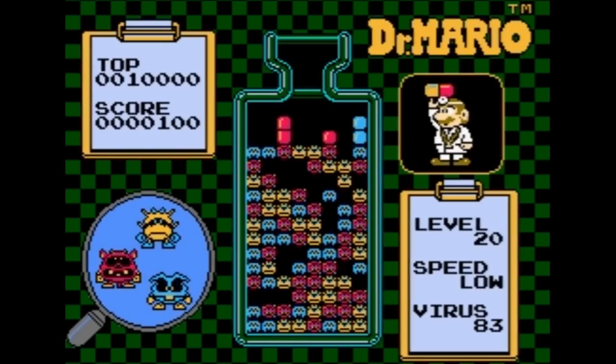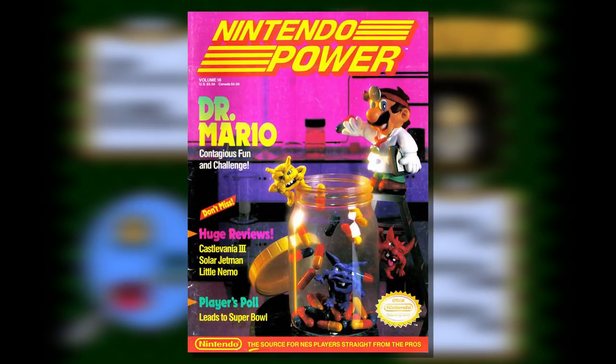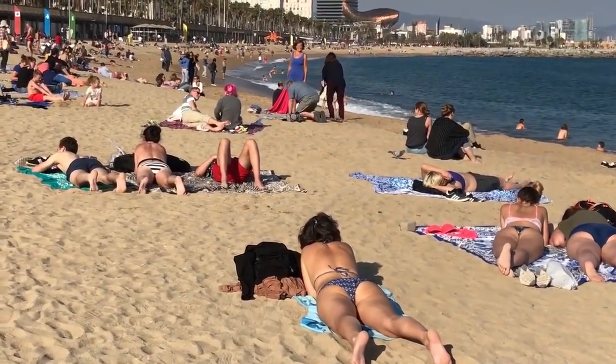After leaning heavily on uninspired covers based on licensed properties, Nintendo has done a good job of righting the ship and getting us back on course. I'm especially happy to see Nintendo Power's arts and crafts department getting some work. We just got done talking about Maniac Mansion, and here we are again with another handcrafted cover. See, everybody, I told you, this is what happens when you go on vacation and come back inspired and ready